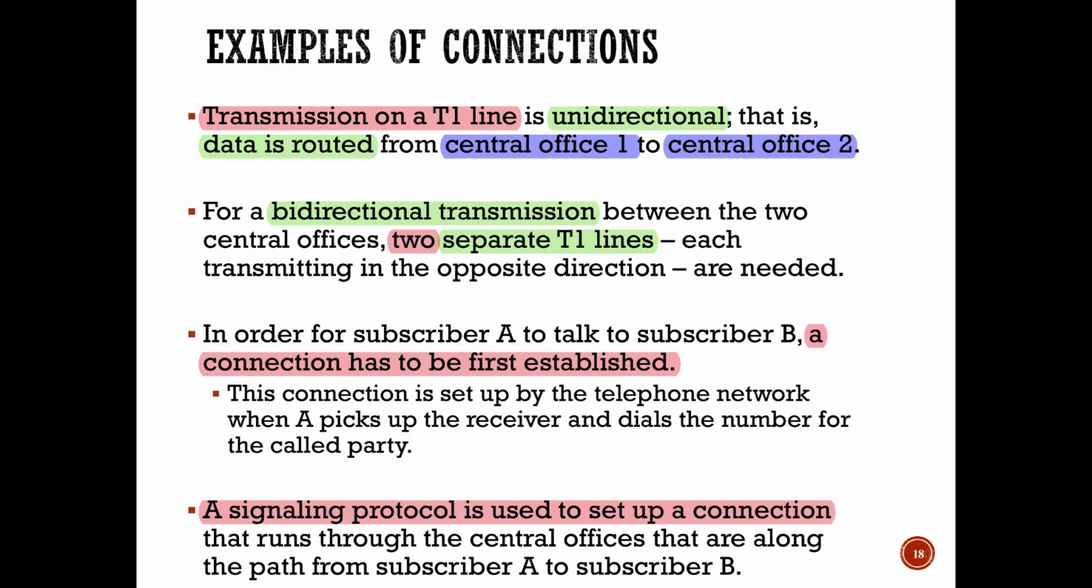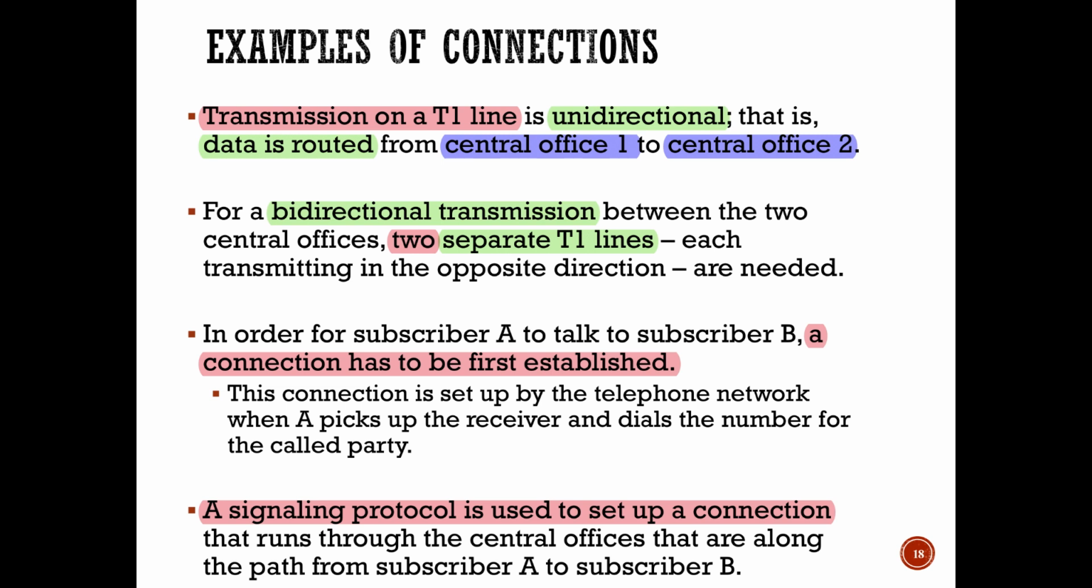Examples of connections. Transmission on a T1 line is unidirectional, that is, data is routed from central office 1 to central office 2. For a bidirectional transmission between the two central offices, two separate T1 lines, each transmitting in the opposite direction, are needed. In order for subscriber A to talk to subscriber B, a connection has to be first